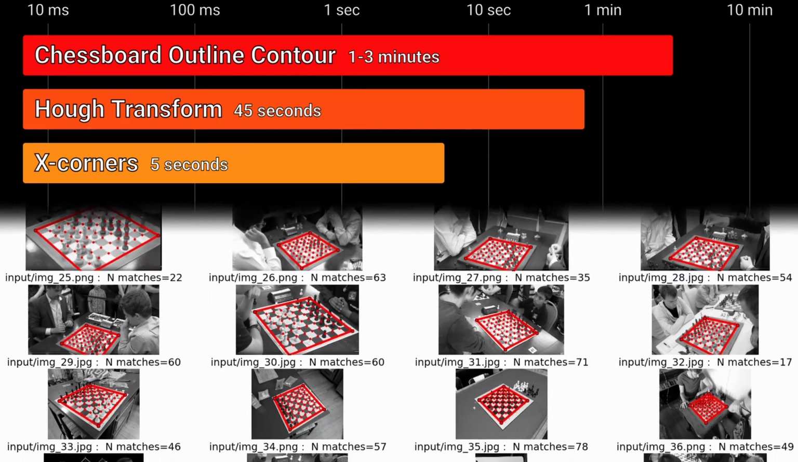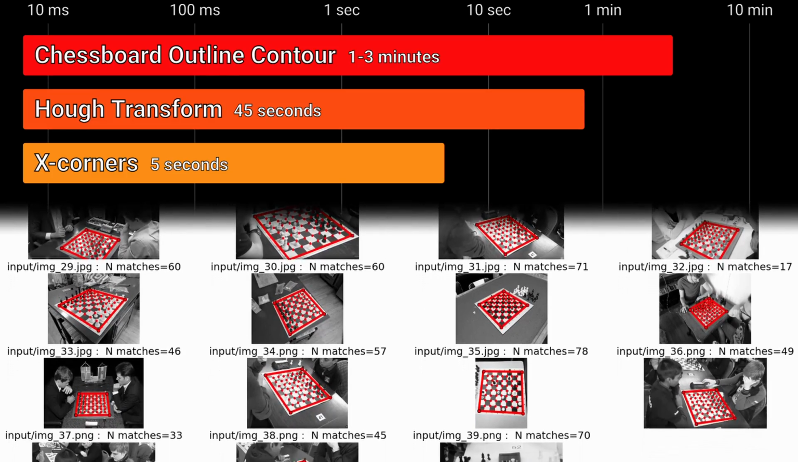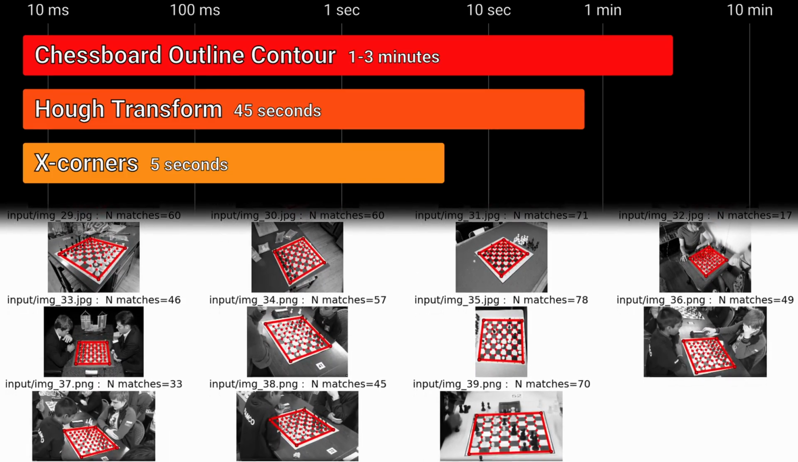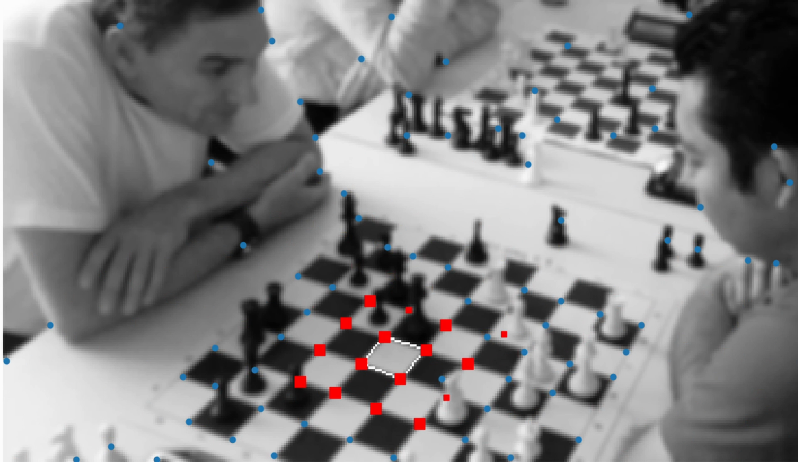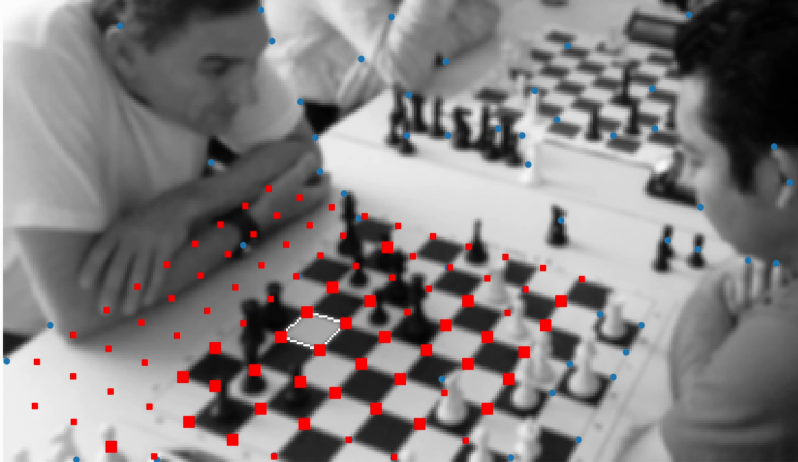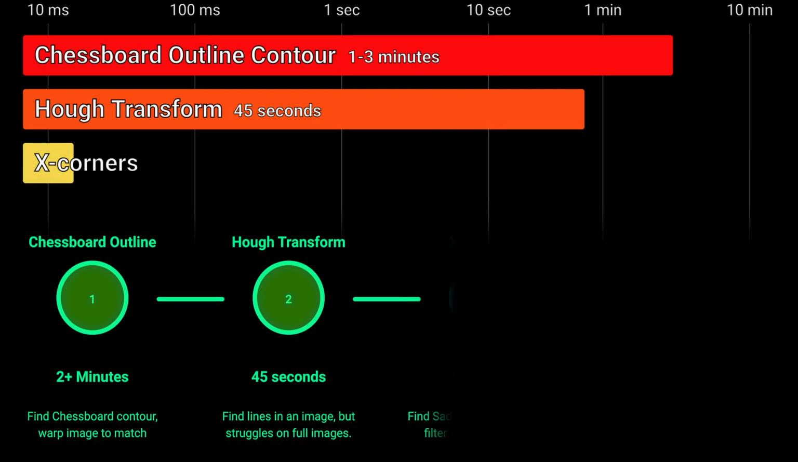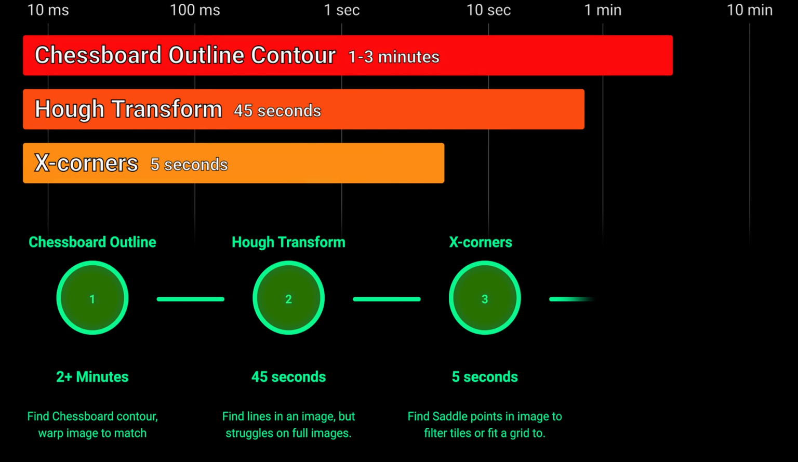Calculating the X corner saddle points takes only about 10 milliseconds, but the next step is the expensive one, as we have to randomly choose subsets of these points and try to fit a grid to them, then image warp and score these guesses with handcrafted metrics. Every false X corner point exponentially increases the number of possible guesses we have to try. This has brought us down from the minutes of the previous approaches to seconds now, so definitely an improvement, but